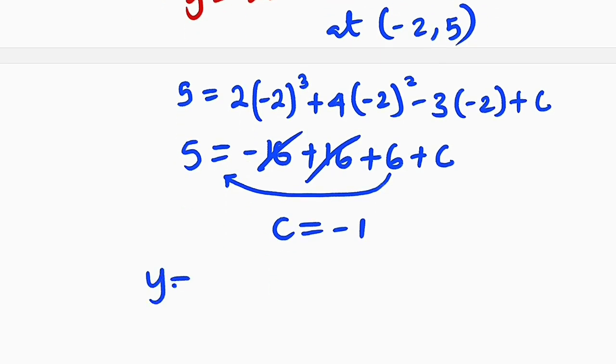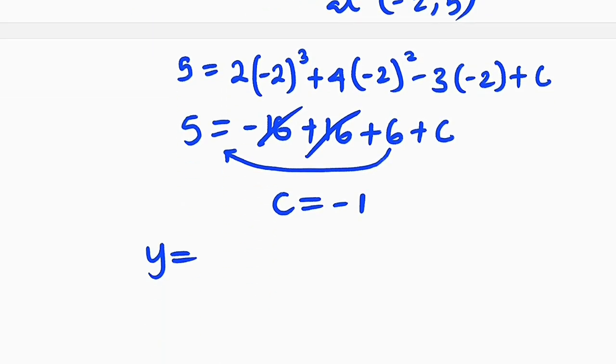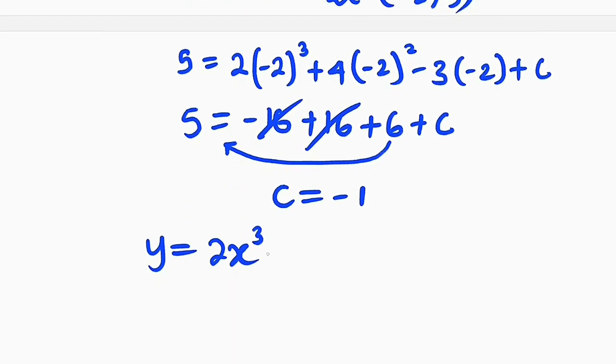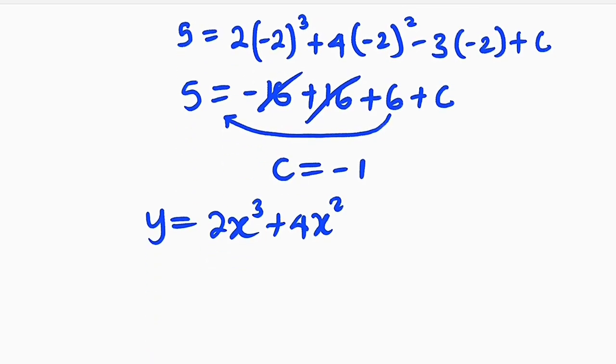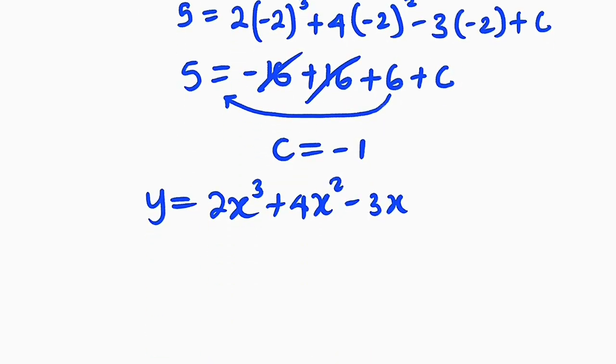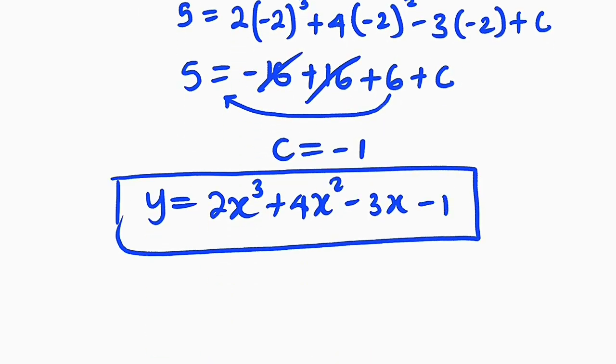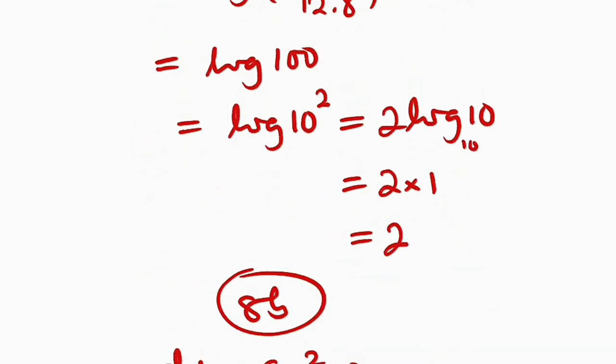So y is finally equal to 2x cubed plus 4x squared minus 3x plus c, but c is -1, and hence this is the equation of that curve. Then lastly,